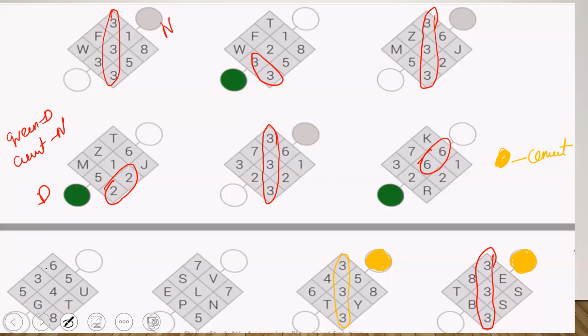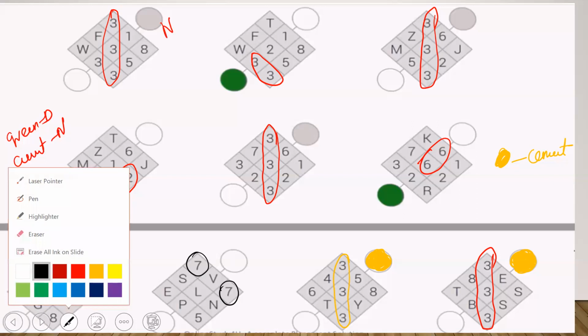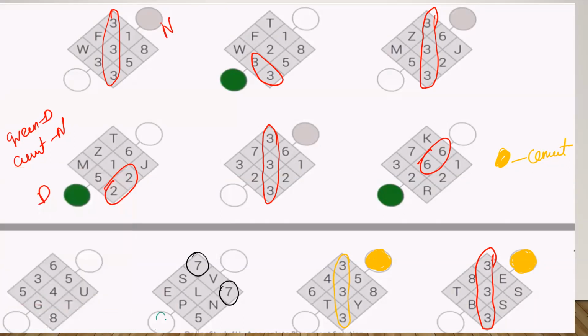I am not able to see it. 7 is there, but they are not together. And 3 is not there, then 7 is there. Ultimately, that is the only option left with me. Then I should put it green color.